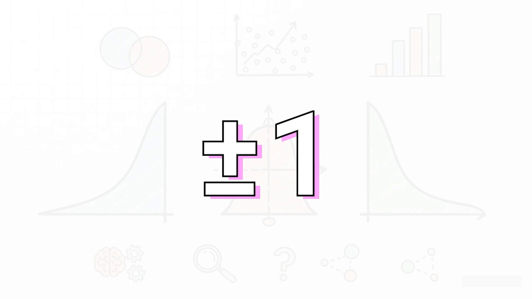Well, usually, your answer is going to fall somewhere between -1 and +1. A 0, that's perfect symmetry, no skew at all. A number getting close to +1 tells you you've got a strong positive skew. And of course, a number heading towards -1 means you've got a strong negative skew.